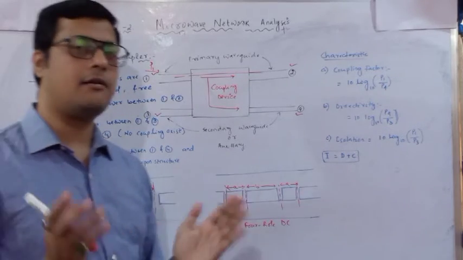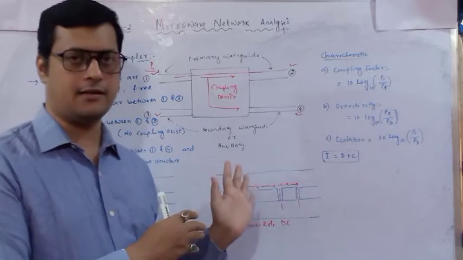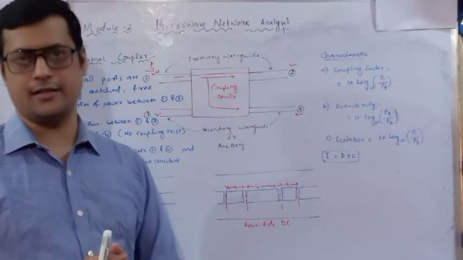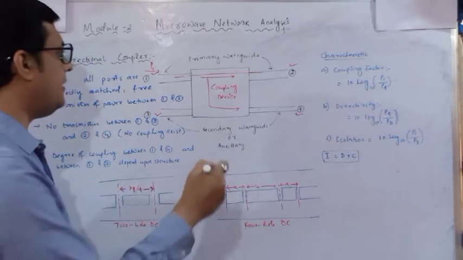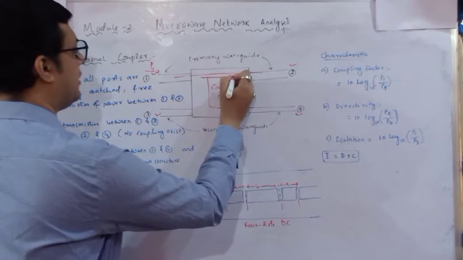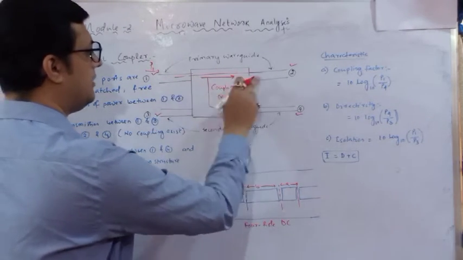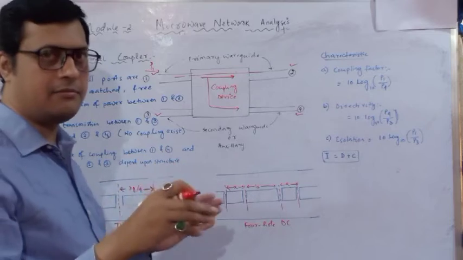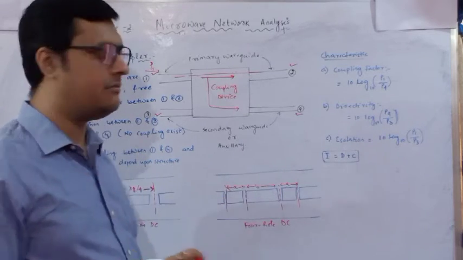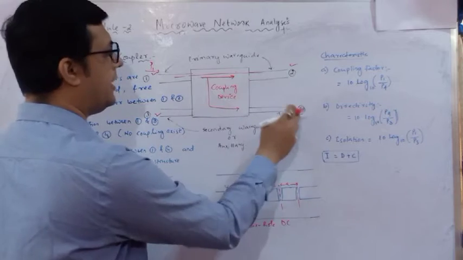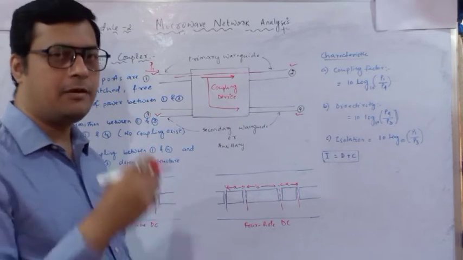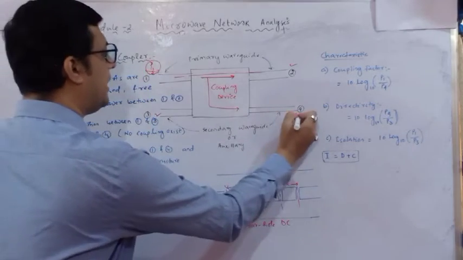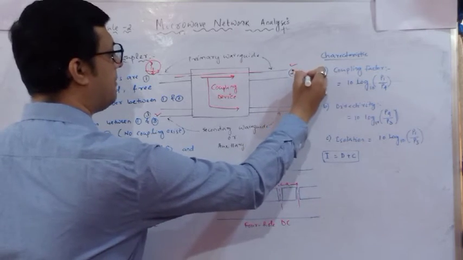Always remember that coupling in a directional coupler is done between the primary section and the auxiliary section in a particular direction. Here you can see how the power is distributed. The total power is provided towards port 2, but due to some holes, depending upon the directional design, some power will be distributed at port 4. Coupling is between primary and auxiliary, so if I feed power at port 1, I will get some power at port 4 and some power at port 2.